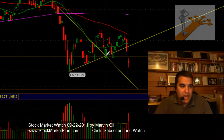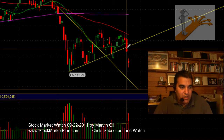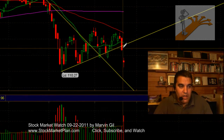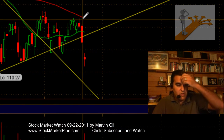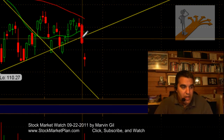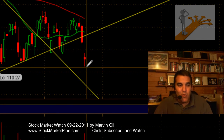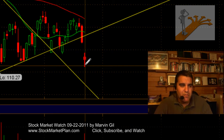I'm keeping it small. And now it really is bothering me that this market has violated this trend line here. It violated it on the 21st of September. Yesterday it closed below that level right there. We gapped down this morning with bad news all over the place. Bank of America has been downgraded. Financials really have to start